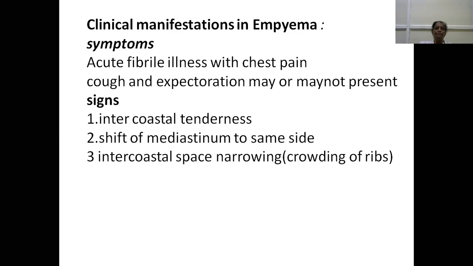The clinical manifestations of empyema: any condition where there is pus in the body is sepsis. So there will be acute febrile illness along with pain. Pus causes pain. So whenever there is pus collection in the chest, there will be chest pain with fever. If the condition is associated with some parenchymal disease, then only we have cough and expectoration. Otherwise, the patient may not have cough and expectoration. The signs will be intercostal tenderness because pus causes